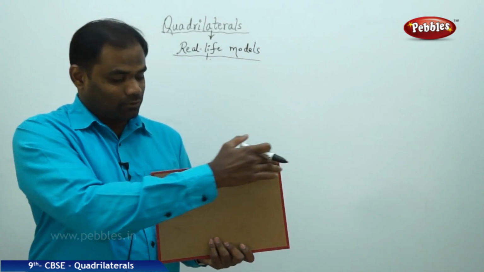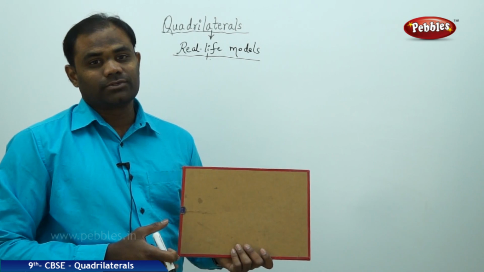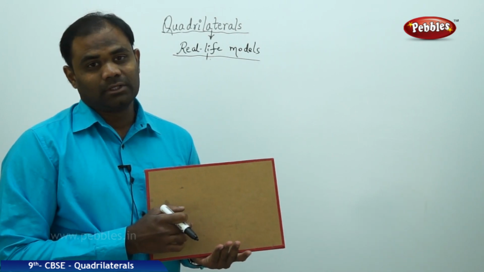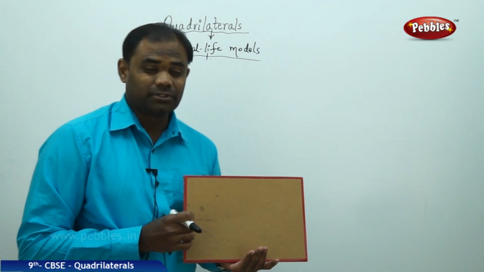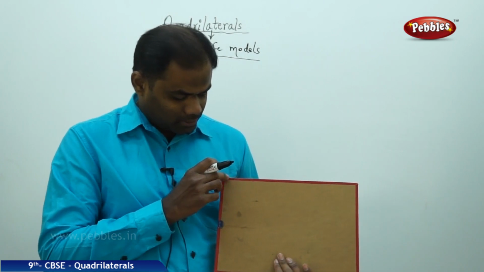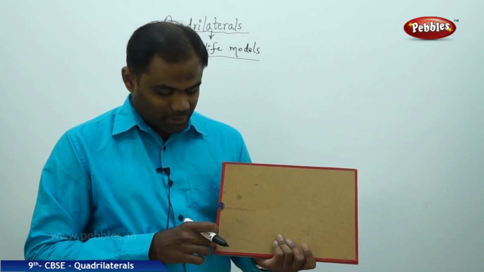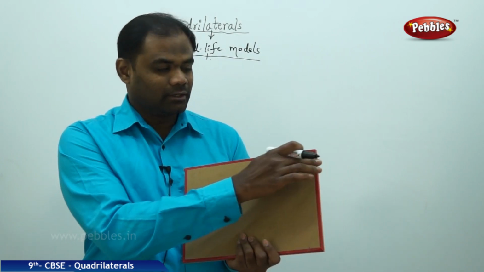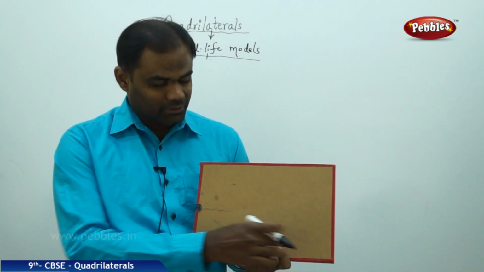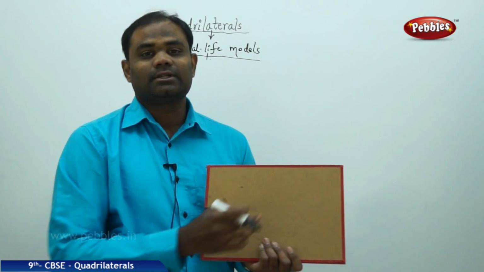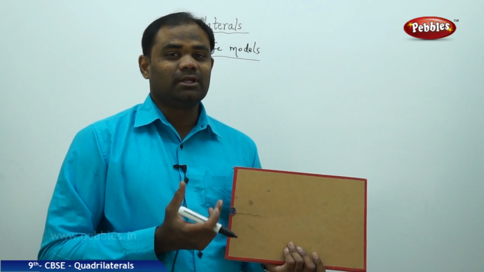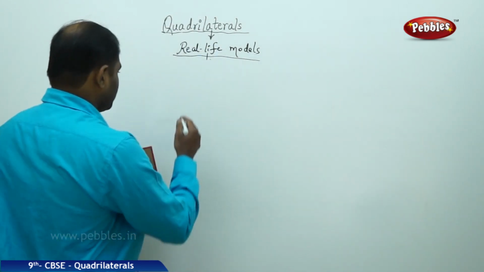So each of the four lines forms a closed region. So definitely this is called a quadrilateral. But let's see the special features in this quadrilateral. In this case, when I start with the angles, again I see that each angle is 90 degrees. So every corner angle which I take out here is 90 degrees. Therefore, as in the previous case, similarly in this, I have a frame